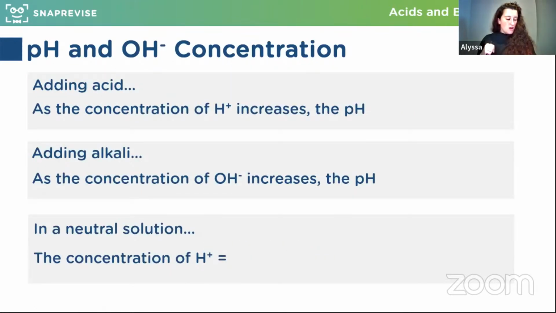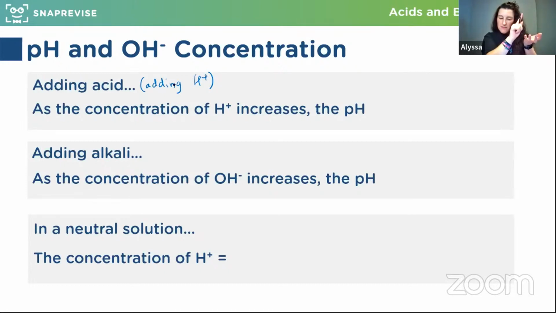So final thing then is looking at this concentration of H+ and comparing our pHs. Think about if we've got a solution, and I add an acid to it. Because I'm adding an acid, that must mean I'm adding H+, because acids have H pluses in them. So that means in my solution, the number of H pluses is going